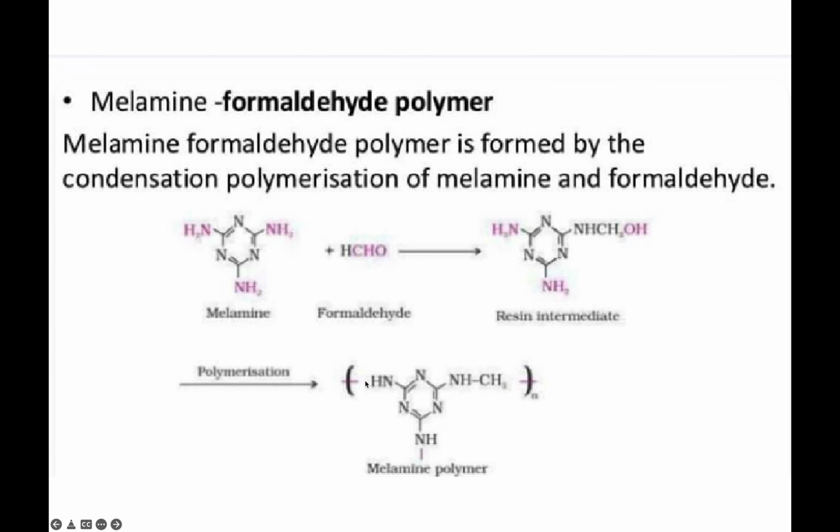We get melamine polymer. So here NH, then again N in this structure, bottom also NH. Instead of NH2 we have NH here, then again here also NH. CH2OH will go, we have only CH2 N times. Okay, now